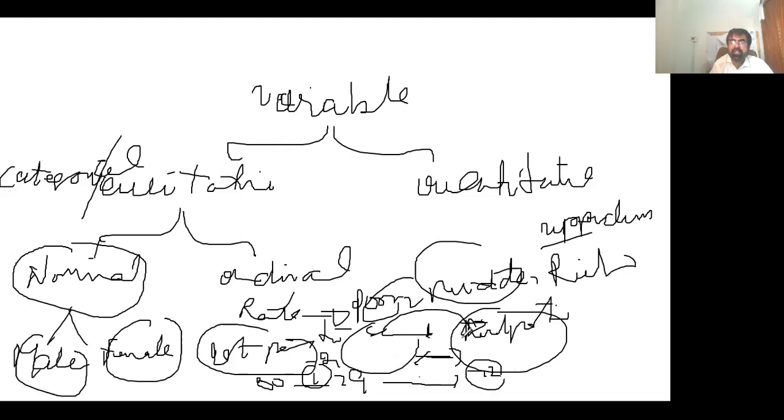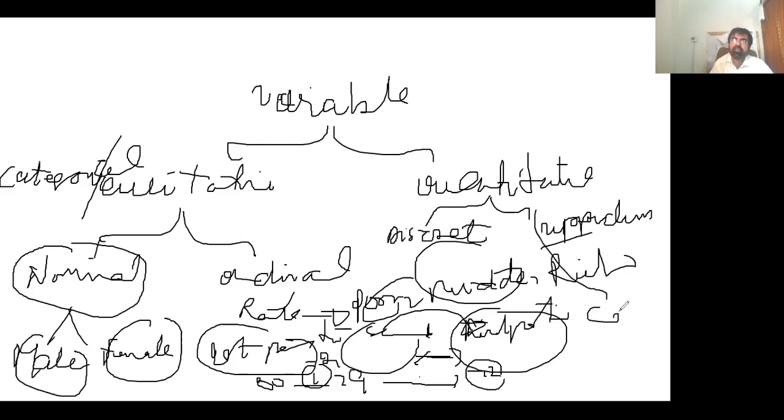So the interval in ordinal data, across these ranks, does not remain the same. It is not equal. So it is meaningless. The distance is meaningless. The gap is meaningless. The interval is meaningless. On the other hand, we have a quantitative variable in which we have discrete